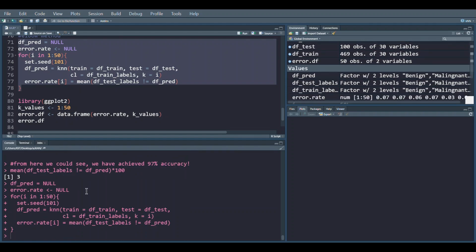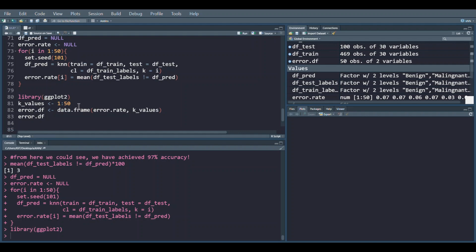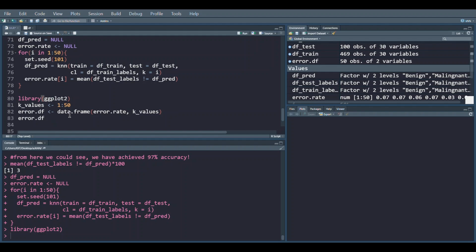Now I would be plotting these values through ggplot. So let us see what we have got after running the for loop function. Let me first load the ggplot. You need to install this ggplot also. I have already installed it, so I'm just loading it on my RStudio. Then for k values, which we have taken in this for loop function, 1 to 50, and the error df